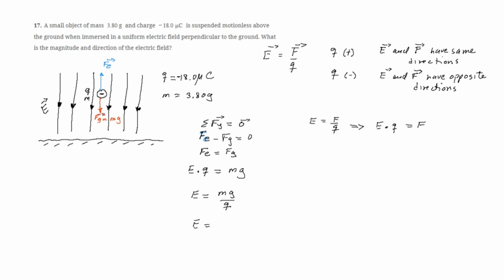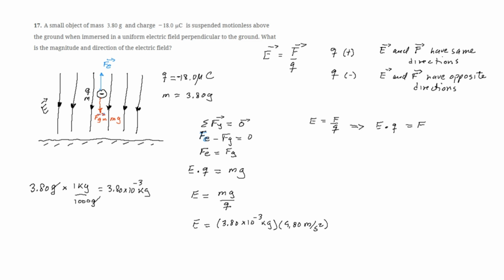I remember that 3.80 grams times 1 kilogram over 1,000 grams becomes 3.80 times 10 to the negative 3 kilograms. So I have to use the mass in kilograms: 3.80 times 10 to the negative 3 kilograms times the gravity, 9.80 meters per second squared,